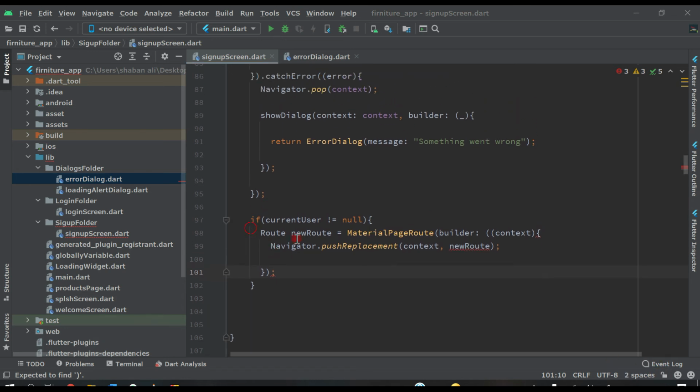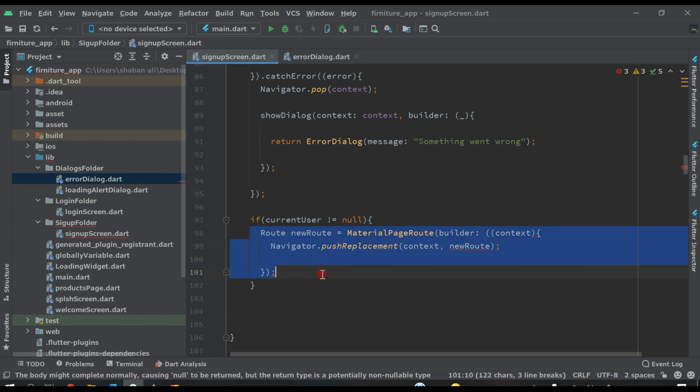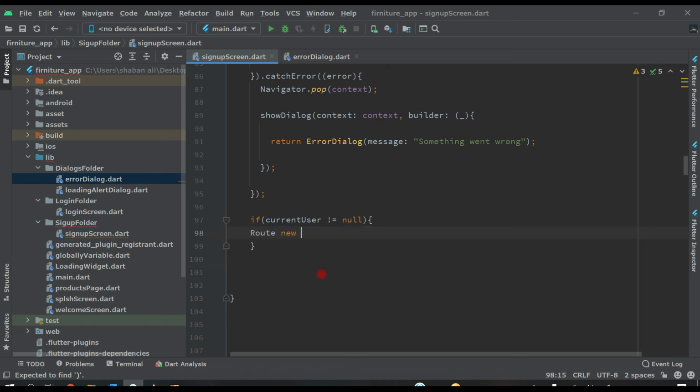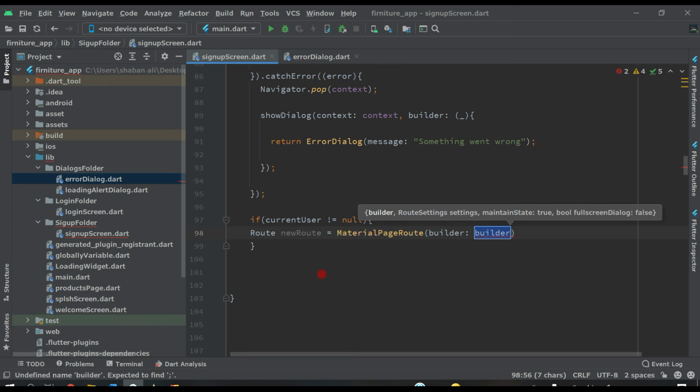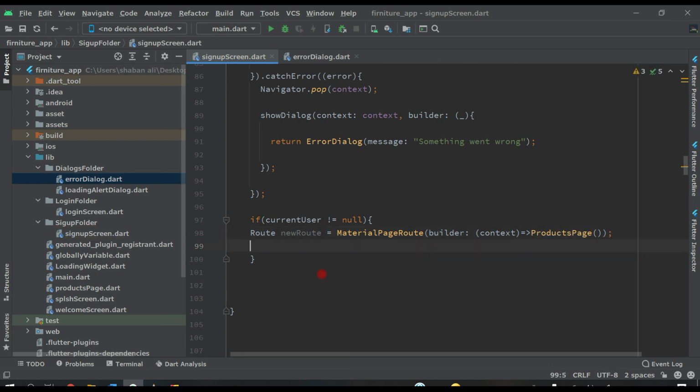It's showing an error, just remove this, remove again, let's write it again: route newRoute equals MaterialPageRoute, like this, and put two round brackets and make it context, and then after this we have to send the user to the ProductPage, like this, and put a semicolon, and after that Navigator.pushReplacement to newRoute. That's all.